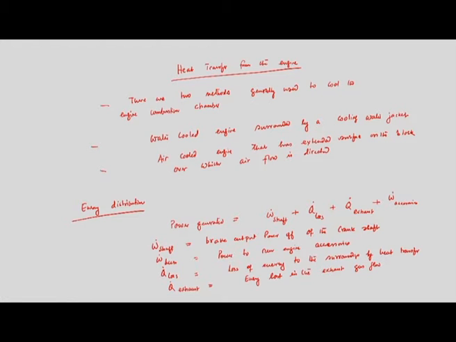So, these are the total energy distribution. The amount of power we are getting in the engine is partly used as follows: 35% is used to obtain the shaft work, 30% is lost to the exhaust gas flow. There is a loss of energy by heat transfer, that is again 30%, and some part of the power is used to run the engine accessories. So, this is the total engine energy distribution scenario.